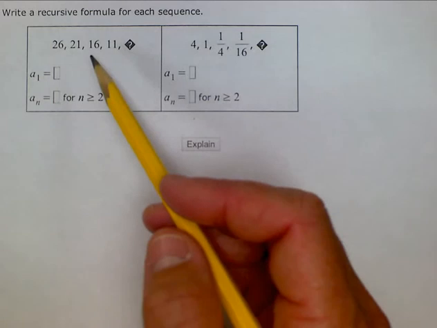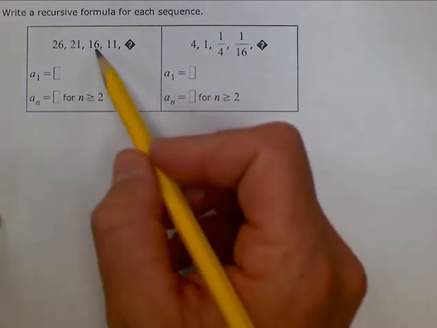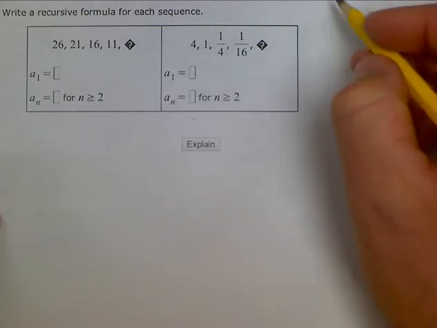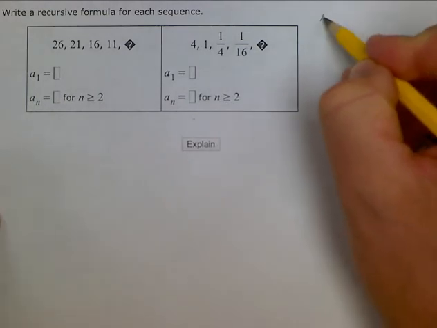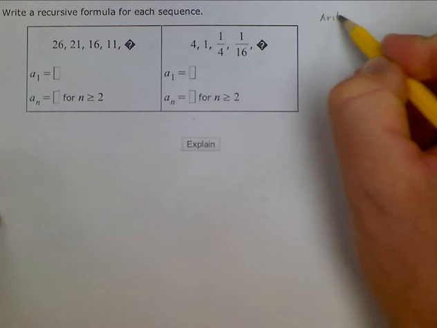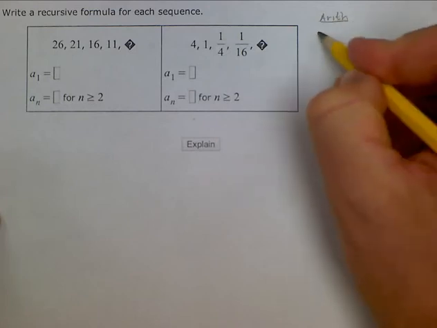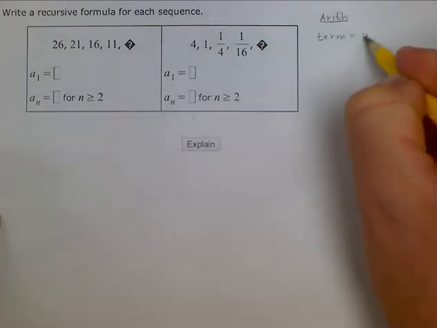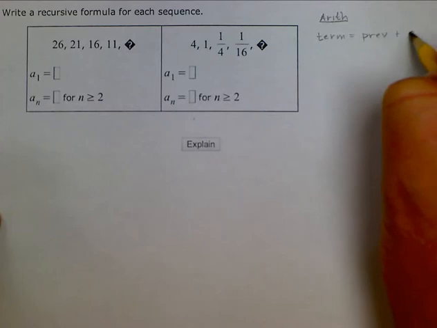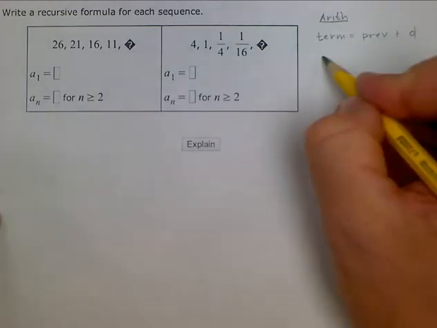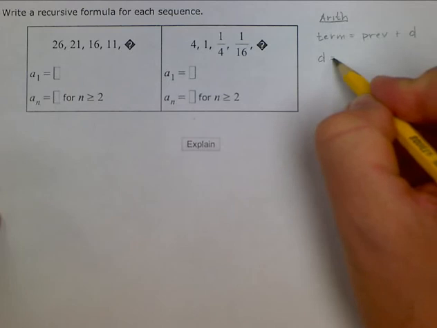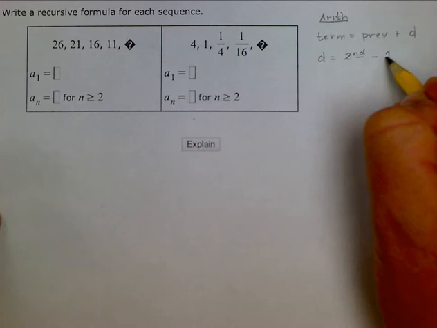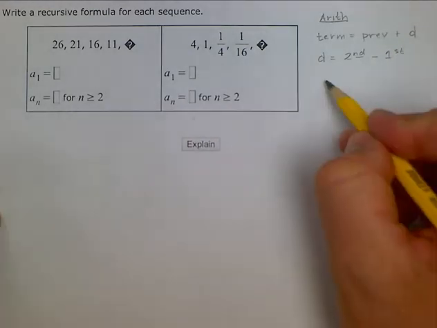So it's looking like this is probably going to be an arithmetic, and if we write down over here our formulas for both, our arithmetic, we would just take any term that we're interested in finding is going to equal our previous term plus some common difference d. And that common difference is found by taking the second term and subtracting from it the first term. And then for our geometric sequences,